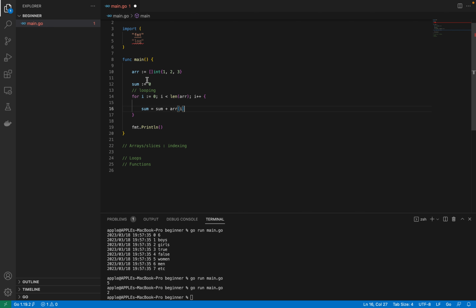When it starts from index 0, where i is 0, it takes whatever is in that index, which is 1, and adds it to sum, which at the initial state is 0. Then it goes to index 1, takes the second one and adds it. 0 plus 1 is 1. When it gets to the last one and finishes, it breaks out of this loop. Once it breaks out of this loop,